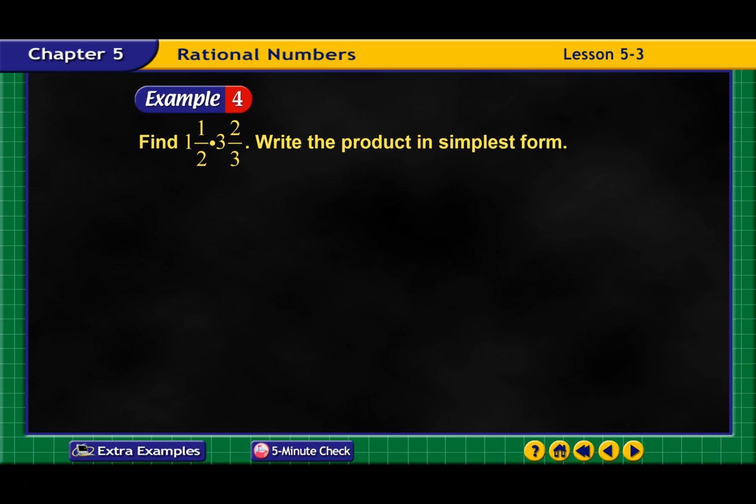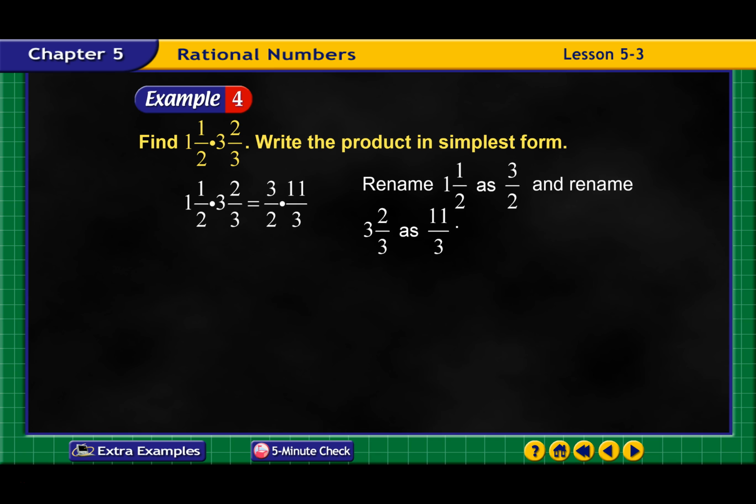All right, write this product in simplest form. So we have 2 mixed numbers here. First we're going to rename these by multiplying them out. We're doing the circle method here. For this one, 1 times 2 is 2, plus 1 is 3, so that gives me 3 over 2. And to get this 11 over 3, I go 3 times 3 is 9, plus 2 is